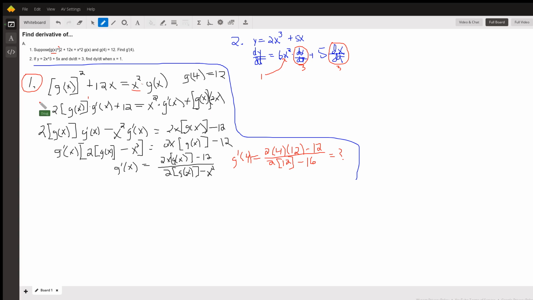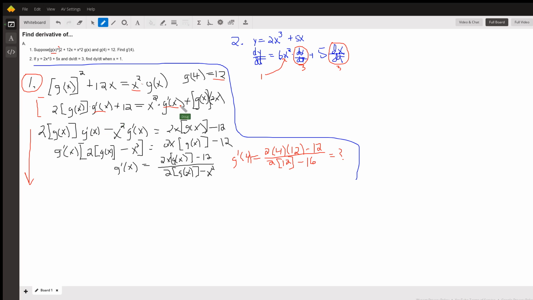Now at this point right here, let me erase this one because it could be interpreted as a prime. At this point right here, we could substitute 12 in for g of x because we want to find g prime of 4, or we could actually go to the trouble of isolating g prime so that we have a general formula, and that's what I've done in these steps down here. Get the terms containing g prime on the left side of the equal sign,